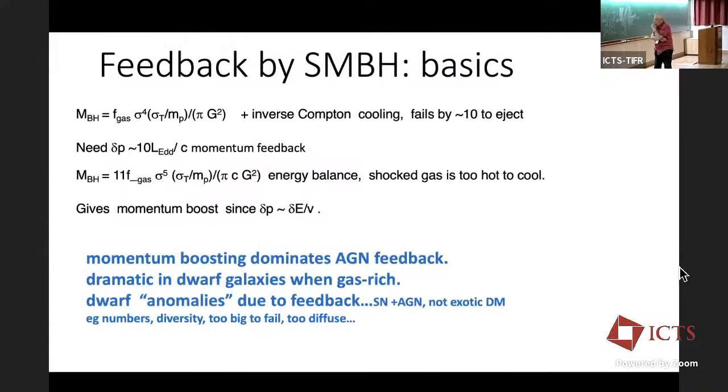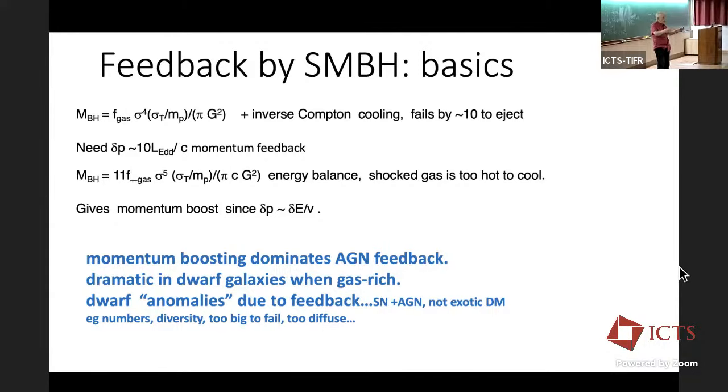So I first would like to go over with you a simple piece of theory which is behind the idea that the bigger the galaxy, the bigger the black hole is that is in the middle. And this is simply the notion of feedback. I'll show you by a very simple, back of the envelope argument really, that the bigger the galaxy, the black hole can grow to be more massive.